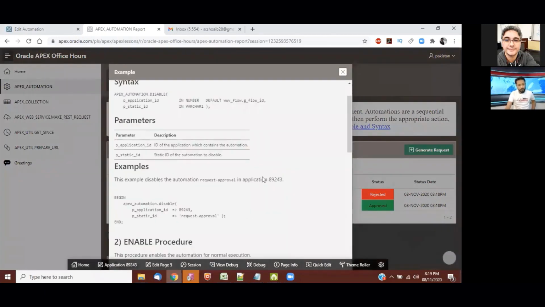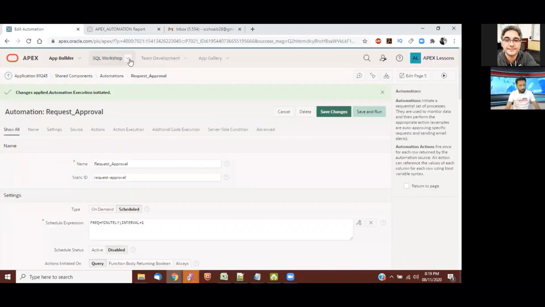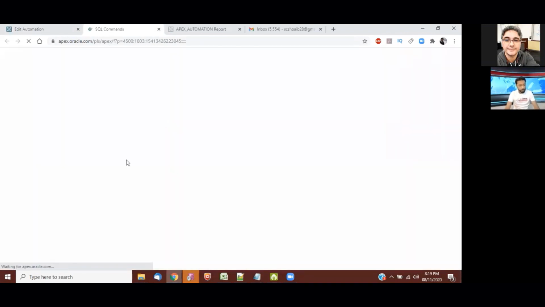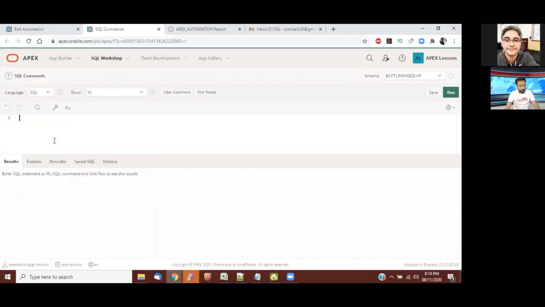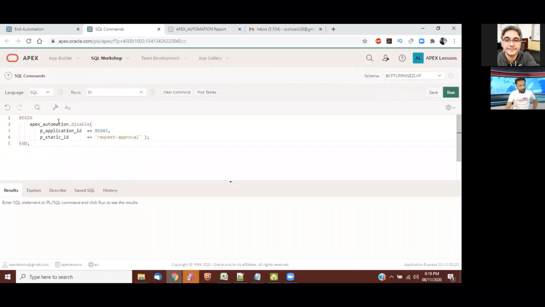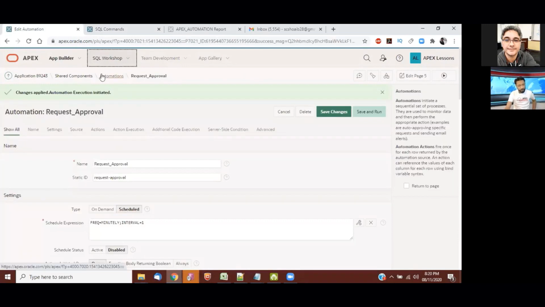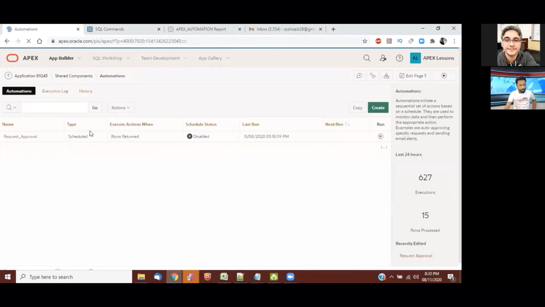Now I'm going to use the API. How can you use the API from the application? Let me copy my code and go to Oracle Workshop. Let me open a command prompt for SQL commands. You can call the disable process. I'm going to change the application status from enabled to disabled. As you can see, it's enabled now, and I want to disable this. Okay, it's already disabled. Sorry.